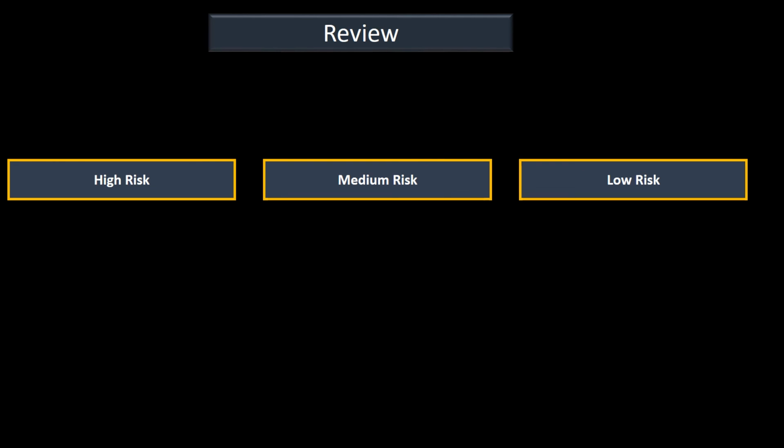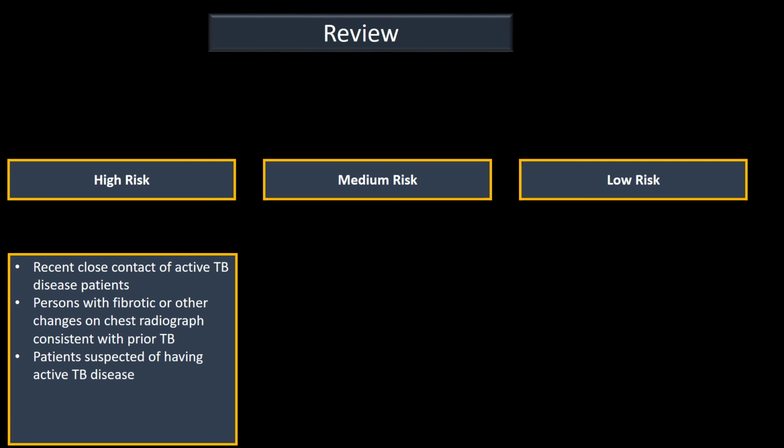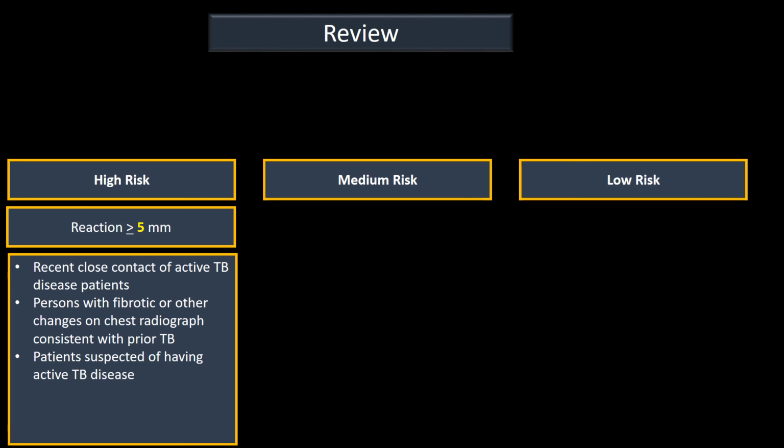Okay, lastly, let's review our different risks for patients with a positive PPD. So we've got the high risk, the medium risk, and the low risk. Our high risk patients are going to be recent close contacts of active tuberculosis disease patients, right? Somebody who is around somebody with active tuberculosis. It's going to be anybody with changes on their x-ray that suggest tuberculosis or prior tuberculosis infection. They got what we call fibrotic changes. This is going to be patients suspected of having active tuberculosis. And we're going to call these guys positive when they get to 5 millimeters of